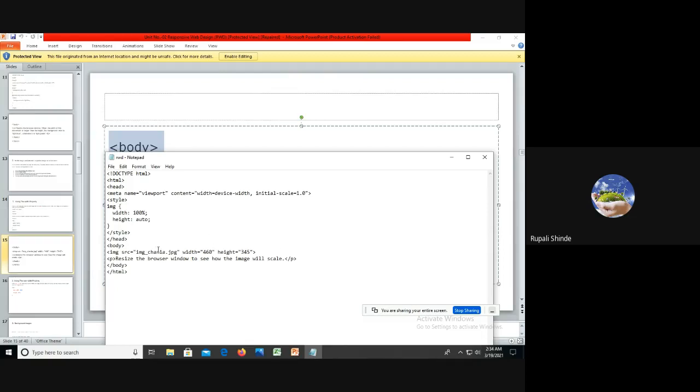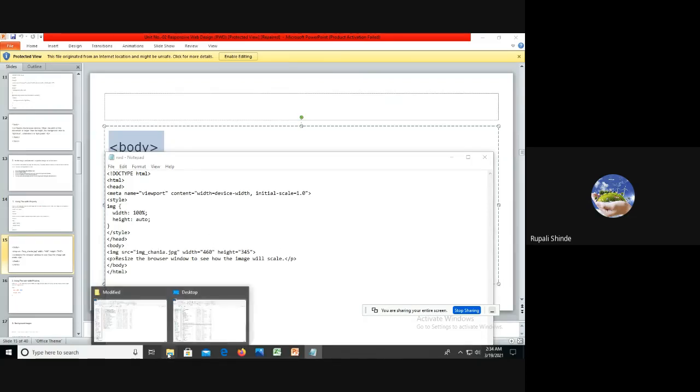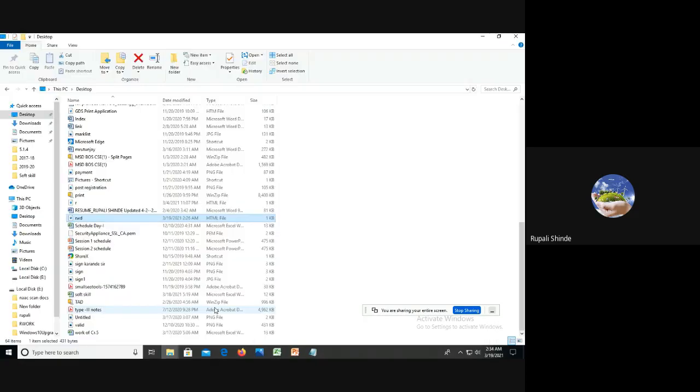Actually, we have to change the file, sorry, the image, because we don't have an image on the desktop. The PNG file is valid.